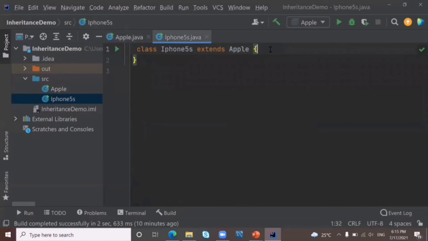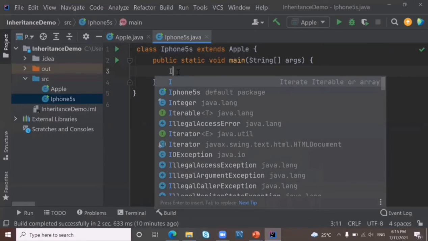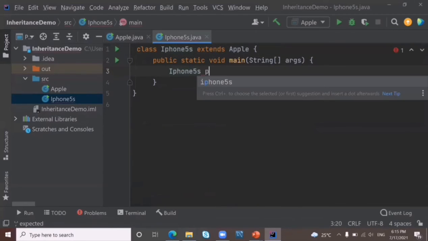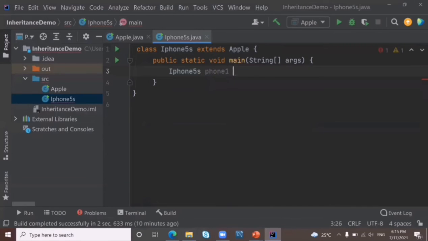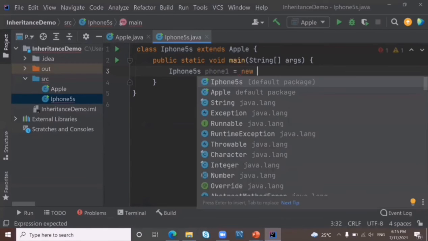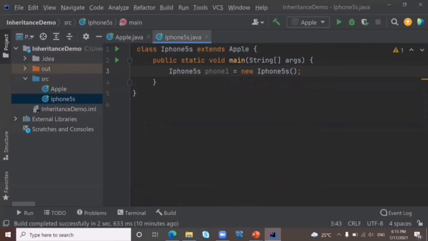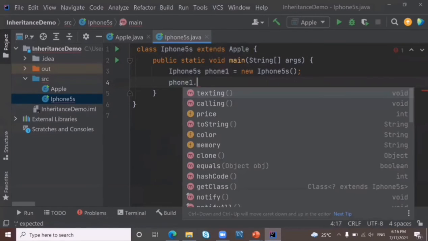Let's create the main method, because every Java program starts from the main method. Then I'm going to create an object in this class, in class iPhone. I'm going to write the class name first, then name the object, phone1. Then use the new keyword, then call the class constructor. Like this, we created the object. Now when I write the object name and put a dot, I'm getting all